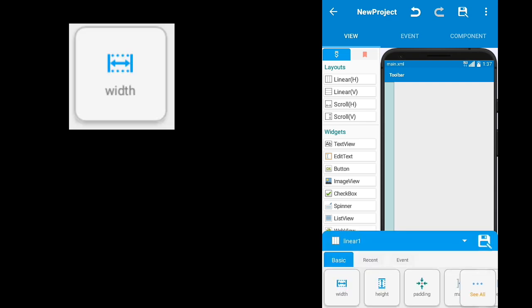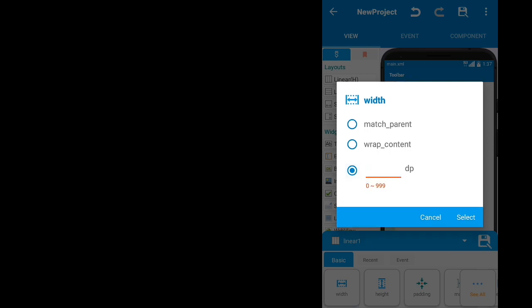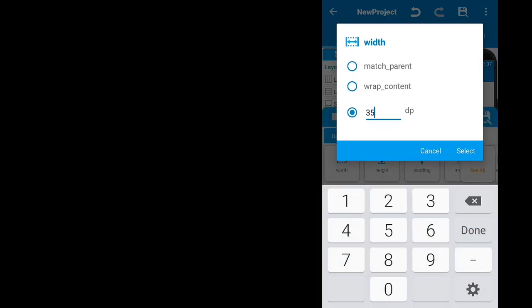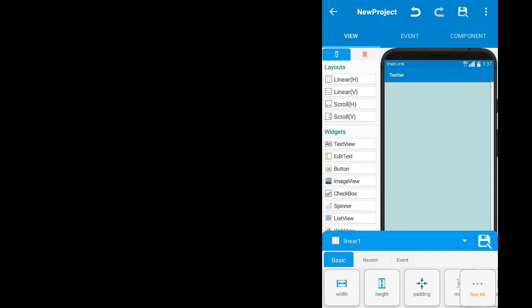Now select the width of the linear B layout and change it to correspond to the screen size.